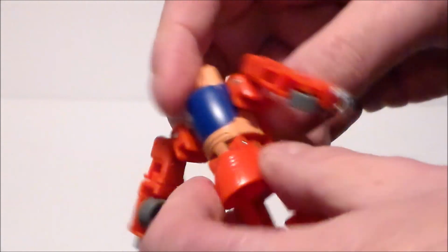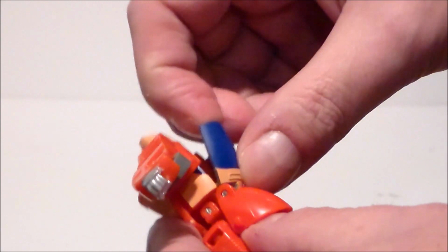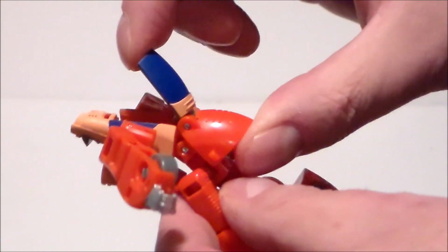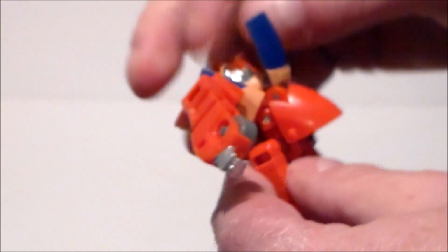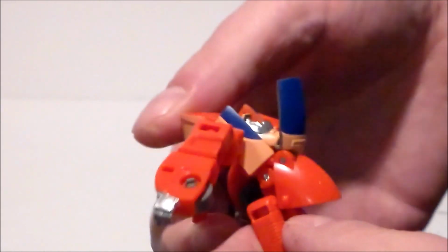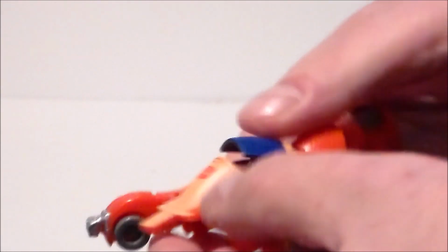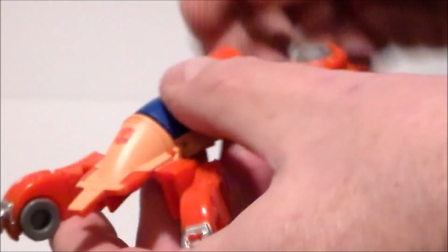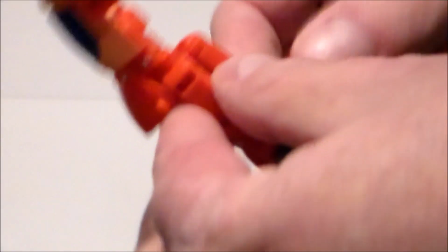Then what we want to do is open up his little back canopy and kind of wiggle that back a little bit so you get enough room to push his head back in like that. And then we're going to flip his body forward, put the canopy down so it kind of looks like this. And then what we want to do is spin or flip the feet down first, and then we're going to spin the legs around. So you're going to twist them downward